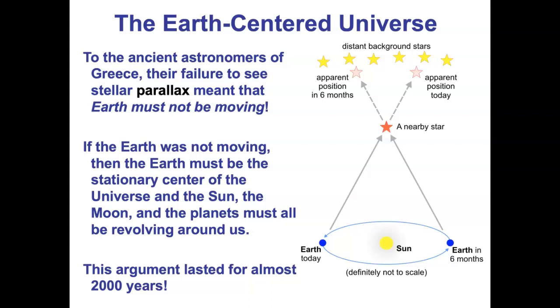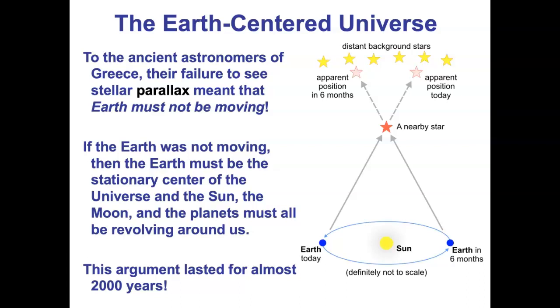So remember way back when we were talking about parallax. The phenomenon of parallax was discovered by the ancient Greeks, and they used parallax to do a lot of things, like figuring out the distances to mountains. At the same time, in ancient Greece, there was a debate about the structure of the universe. Does the sun go around the Earth, or does the Earth go around the sun?